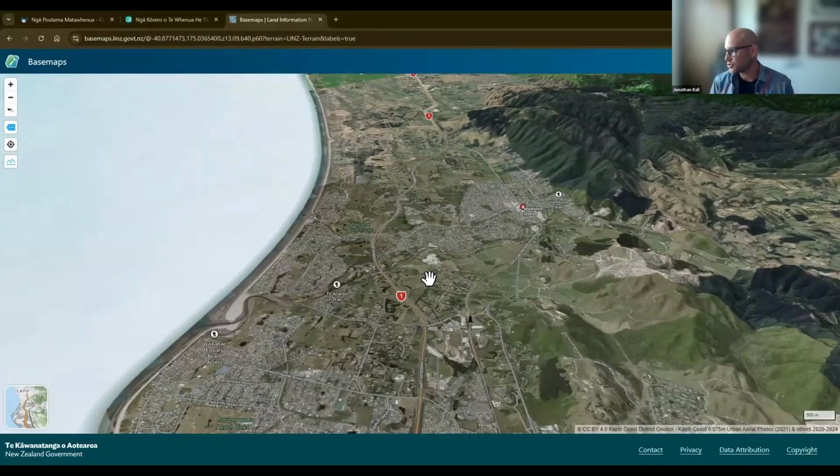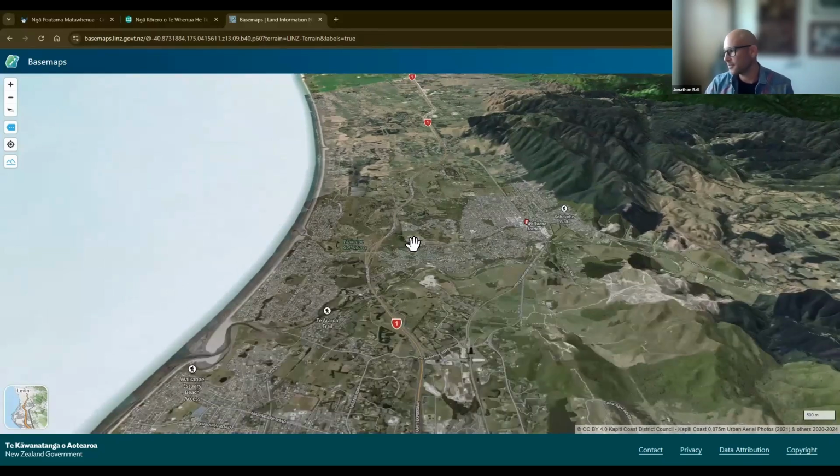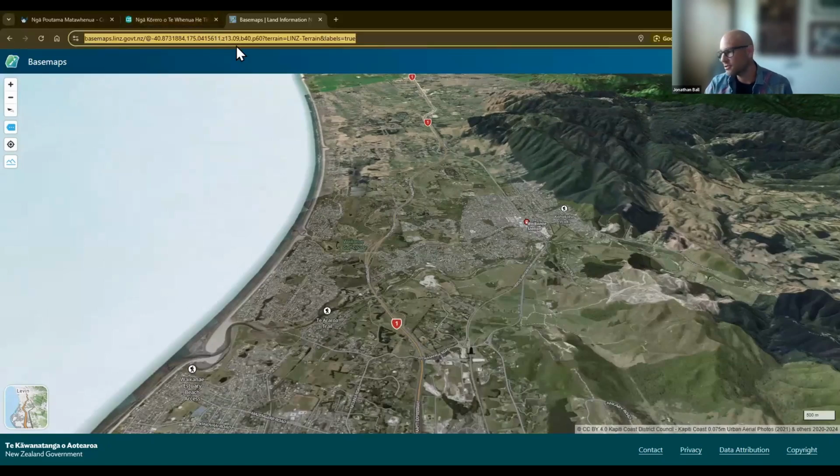If you see something that's useful in the base map, in this web interface, you can take it in a couple of ways. The simplest is literally just taking this URL. It preserves the location, the height you're at, and the aspect, the sort of 3D angle that you're using the map in. If you copy and paste that and send it to a friend, and they click on it, they'll get exactly the same view as you.